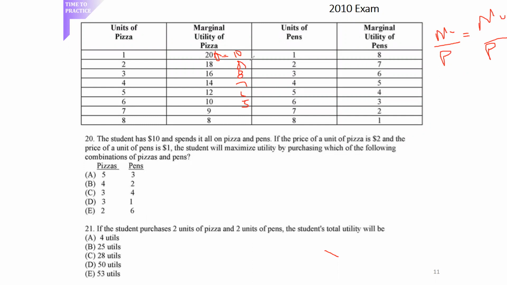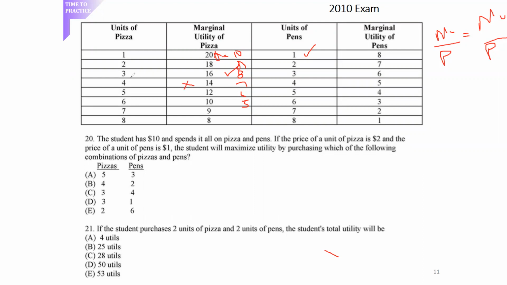No. 9 equal 9. No. Right, 8 equals 8. 3 pizzas, you'd be spending $6 and 1 pen, right? Because here 8 would be 3 pizzas and 1 pen. That would be $7, but they want me to spend 10. So even though that equals, I'm not spending all 10. So I'm going to go to 7, which is here,